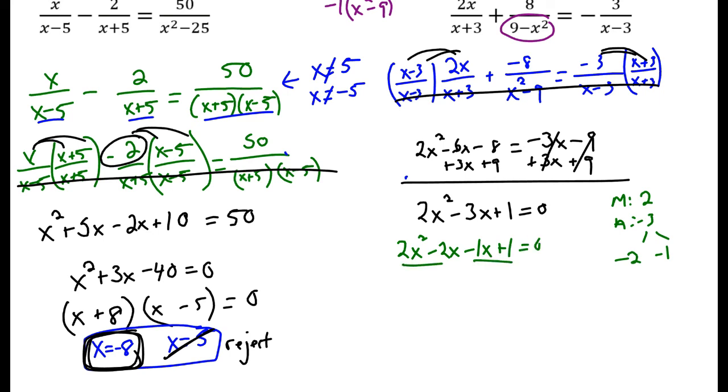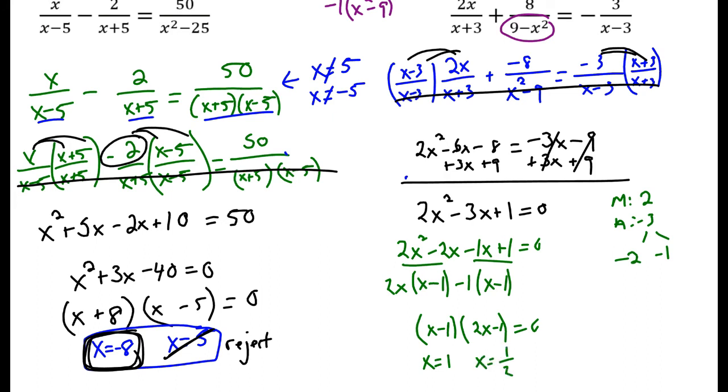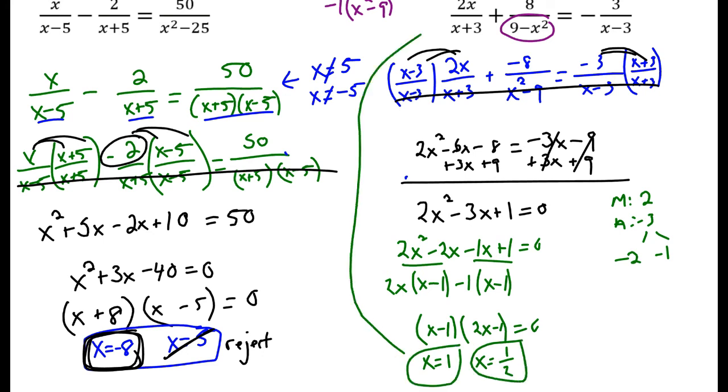Now I'm grouping. I can take out a 2x, and I'm left with x minus 1. I can take out a negative 1, and I'm left with x minus 1. So my factors are x minus 1 is one of the linear factors, and the other linear factor is 2x minus 1 equals 0. So my solutions are x equals 1, and add 1, divide by 2, x equals 1/2. Those are my two solutions,